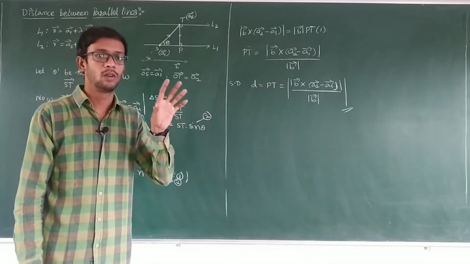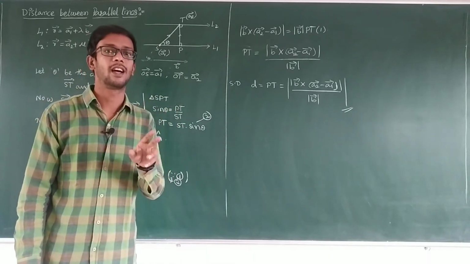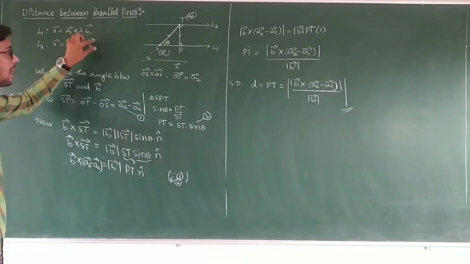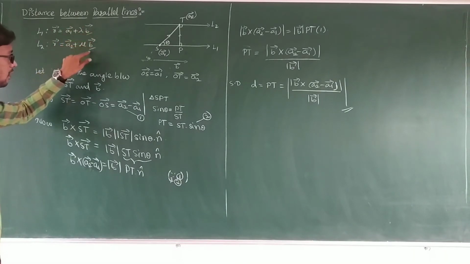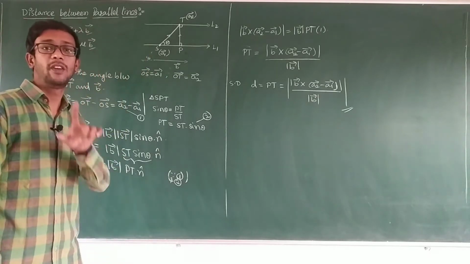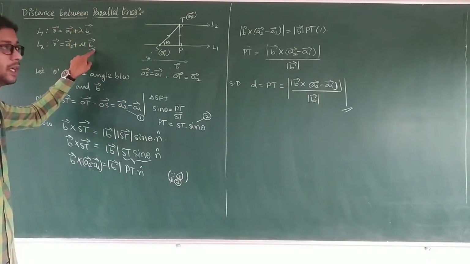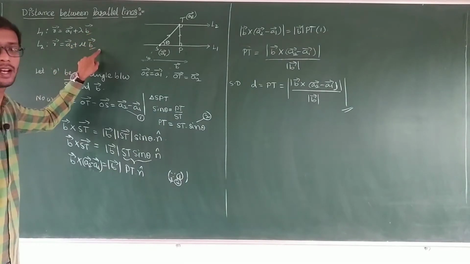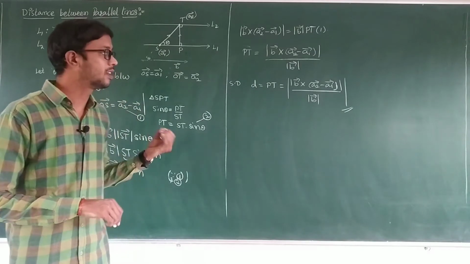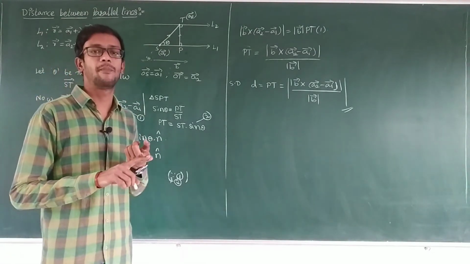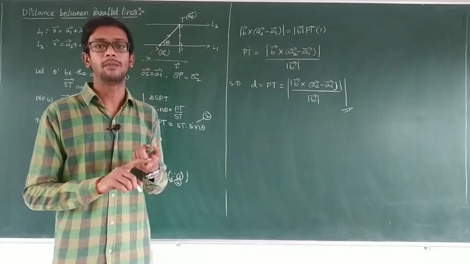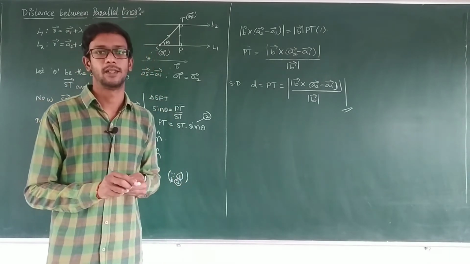How to identify that two lines are parallel: lambda and mu are constants beside the same vector. Here both are the same, then the two lines are parallel. In the previous two lines you observe B1 bar and B2 bar; here there is only B bar, so the two lines are parallel. So based upon this, we have the distance between parallel lines and the distance between two skew lines. Problems are there, we'll start the problems.